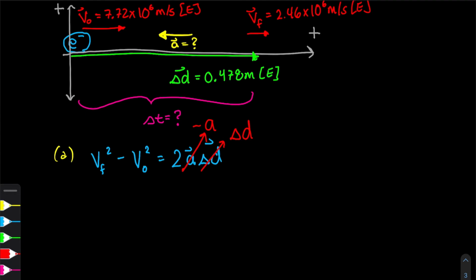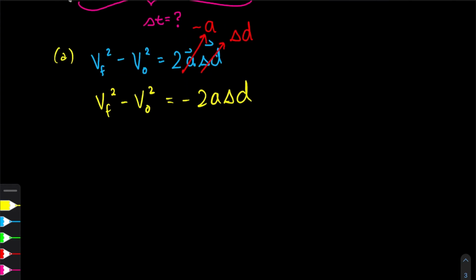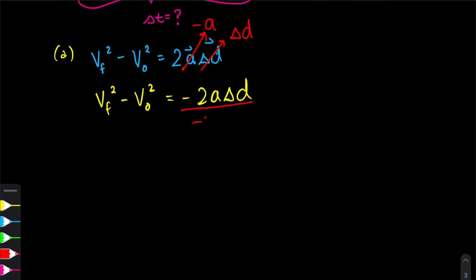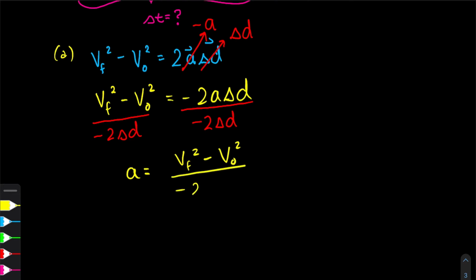So now let's try to isolate for acceleration, because that's going to be our unknown. Oh, I got a bit ahead of myself. Let's first rewrite this, then simplify. Okay, to simplify and isolate for a, we want to divide both sides by 2 delta d negative. So this will leave us that acceleration equals v final square minus v initial square divided by negative 2